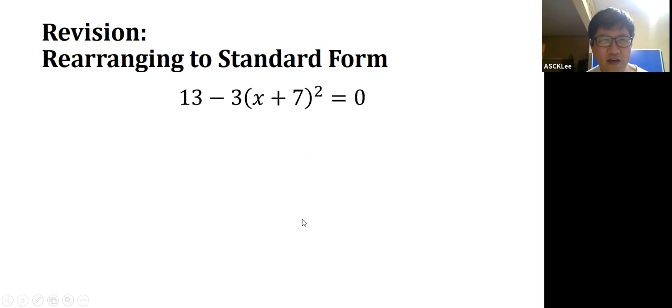Now, last one, I think. All right, rearrange to standard form. Again, this looks a bit scary. It looks a bit scary because it is. And what we do is we have 13 minus 3, and this is x plus 7